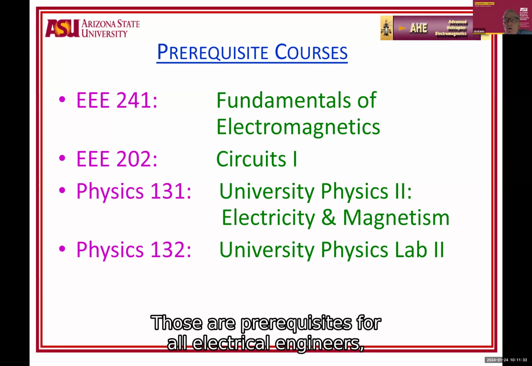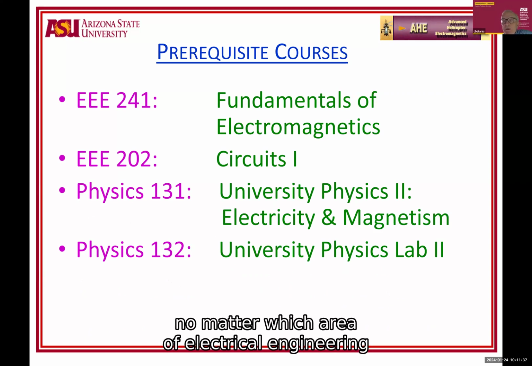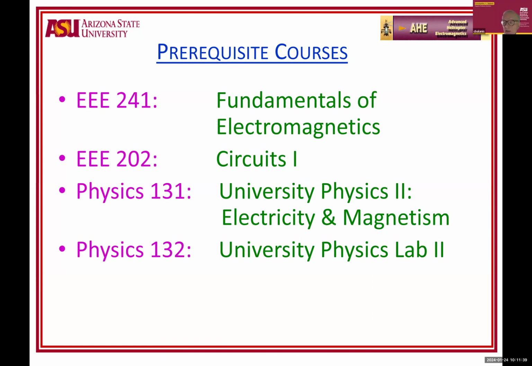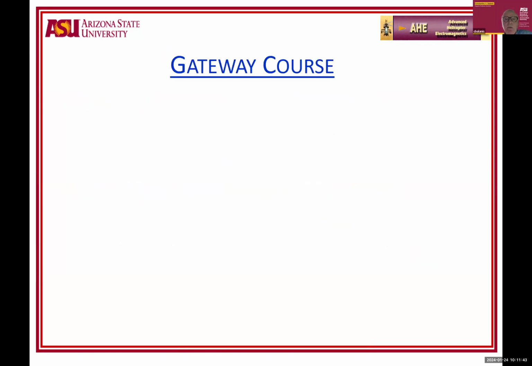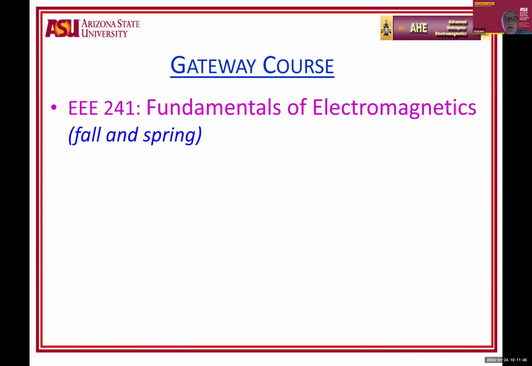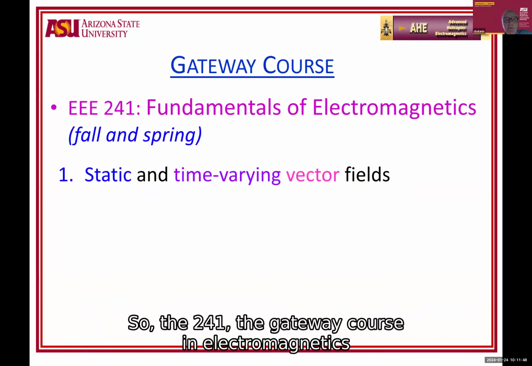Those are prerequisites for all electrical engineers, no matter which area of electrical engineering you're going to follow, what electives you're going to take. So the 241, the gateway course in electromagnetics,